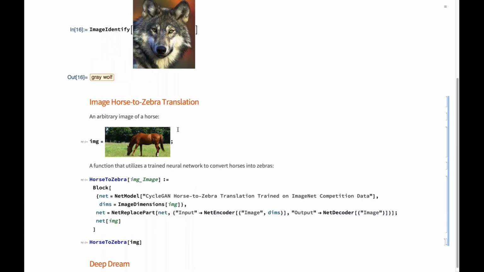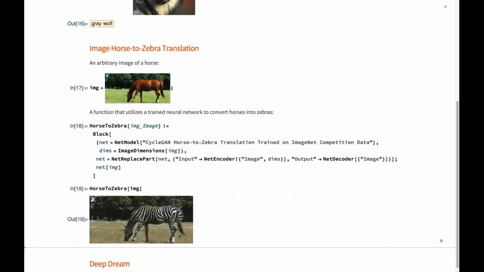Or you can do really funky things like, let's say I have here the image of a horse, and then there are networks out there, which I will introduce to you in a minute, like this network that can transform horses into zebras. This is a trained network. It has been trained on lots of zebra and horse images, and so it can basically convert horses into zebras, and this is how it would look. So this is the image up there, and kaboom, I suddenly have a zebra on the, well, more African grass than European grass or green American grass. You see, not just the horse changes, but the background does change a little too.